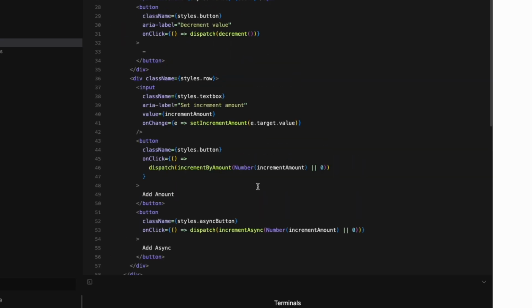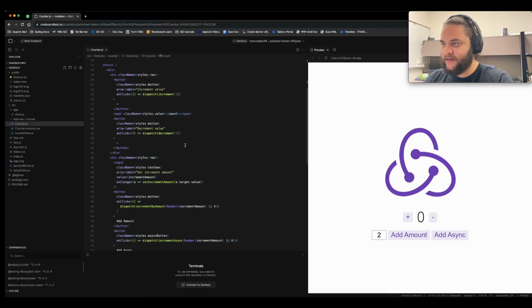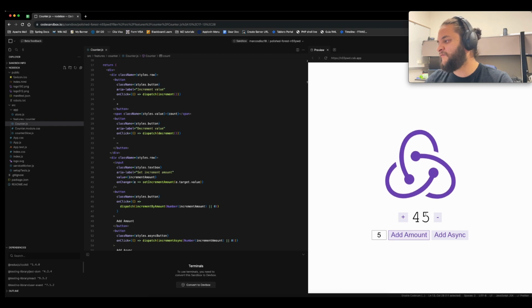So basically, this is a simple example. You can watch it here, and if you want to add any amount, or if you want to add async,